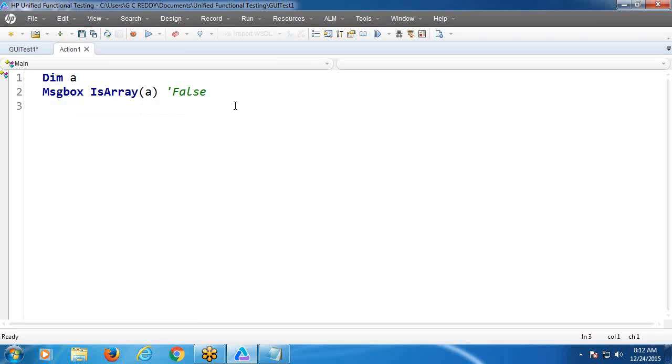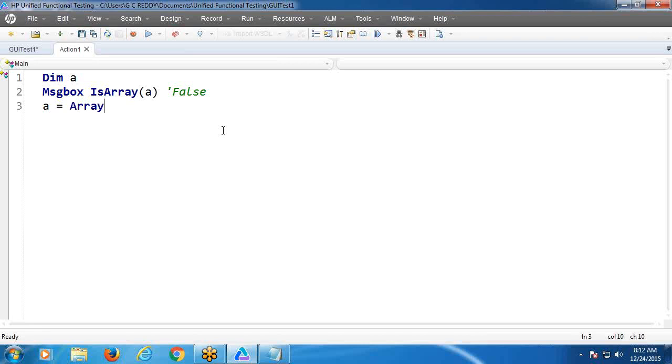As per declaration, a variable is scalar variable. Next, by assigning series of values, we can convert a as array variable by assigning series of values at a time. How? See, a equal to